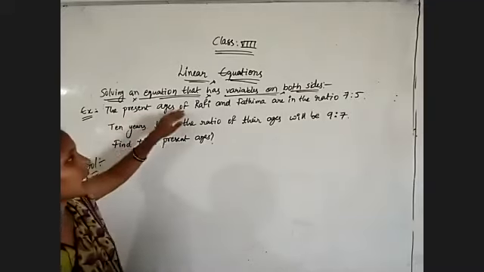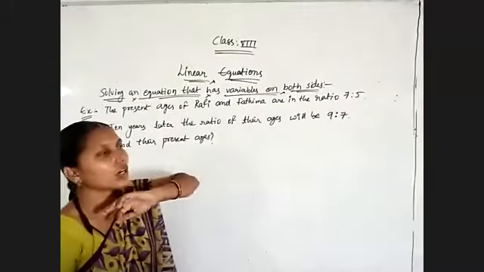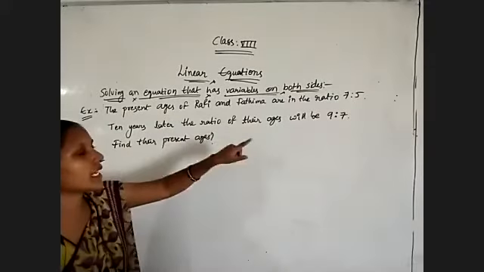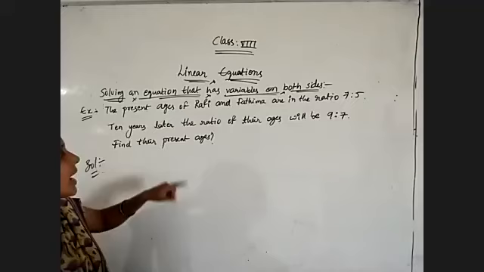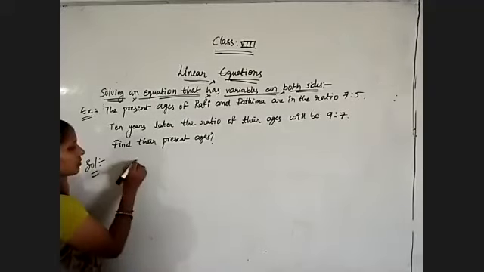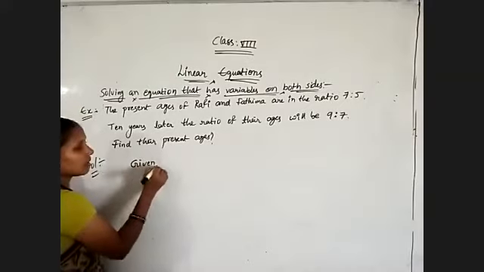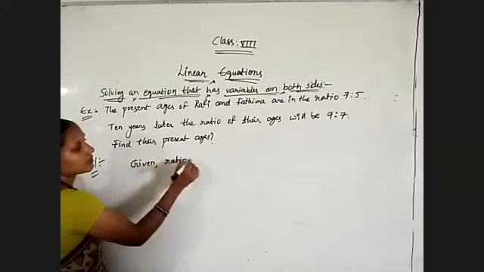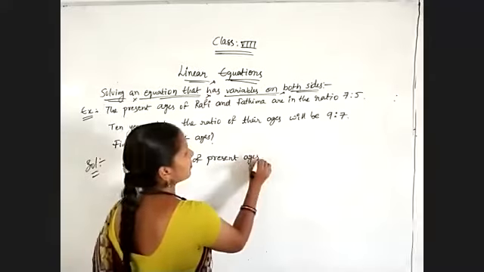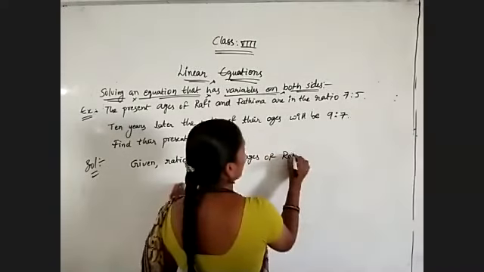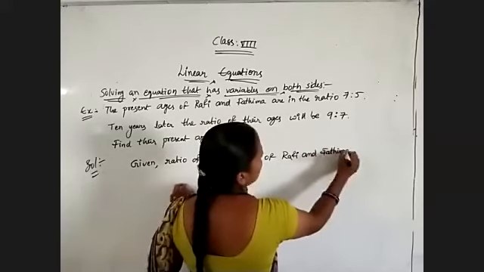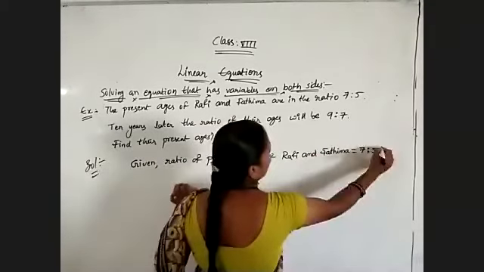Observe, the present ages of Rafi and Fatima are in the ratio 7:5. 10 years later, the ratio of their ages will be 9:7. Find their present ages. Okay. Now, given the ratio of present ages of Rafi and Fatima is equal to 7:5. Therefore,